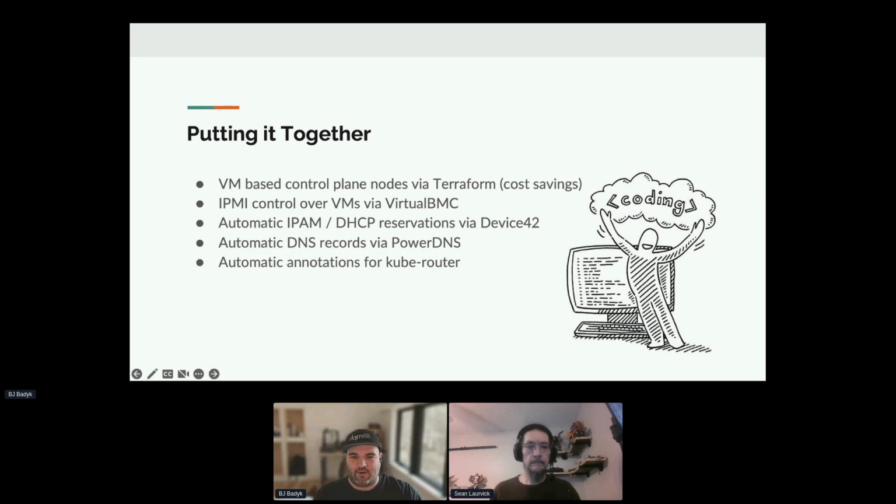And then also on each node we have kube-router, which is essentially just BGP. It's GoBGP, and that needs certain annotations to run correctly, like your BGP peers. So when you connect to your top-of-rack switches, your pod IPs and your cluster IPs, service IPs, things like that get advertised and announced properly.